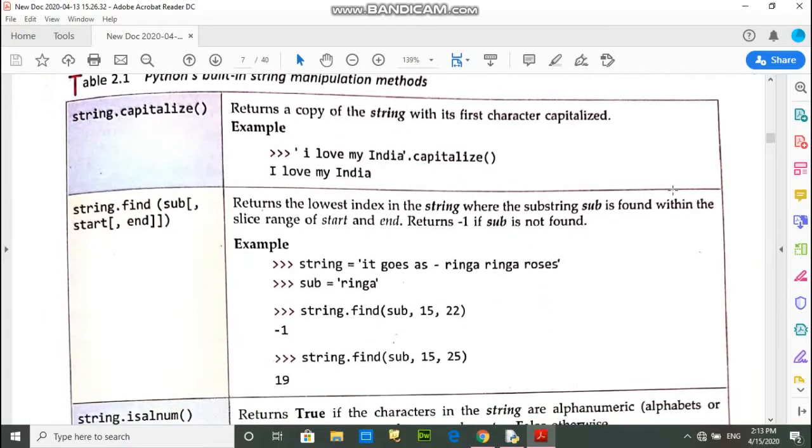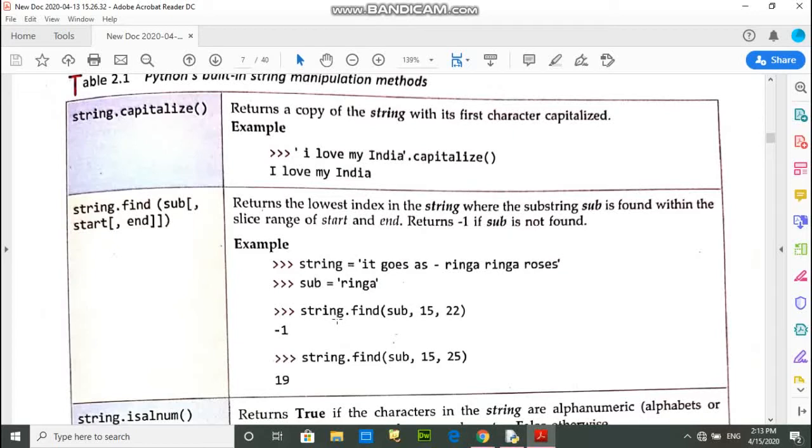The next function is find, and this function is used to find a substring in the main string. For example, string1 equals "ringa ringa roses", and the substring is "ringa".